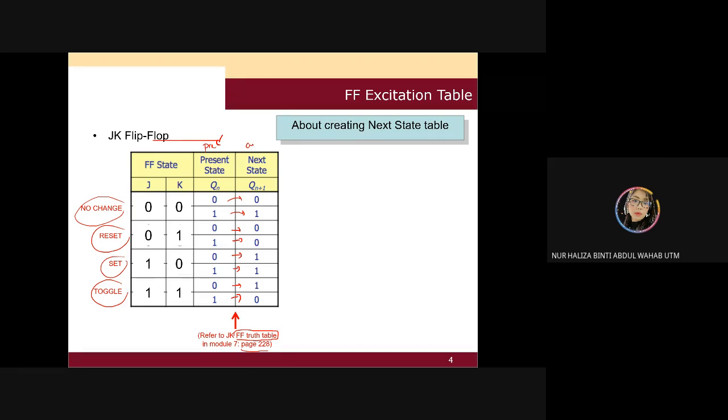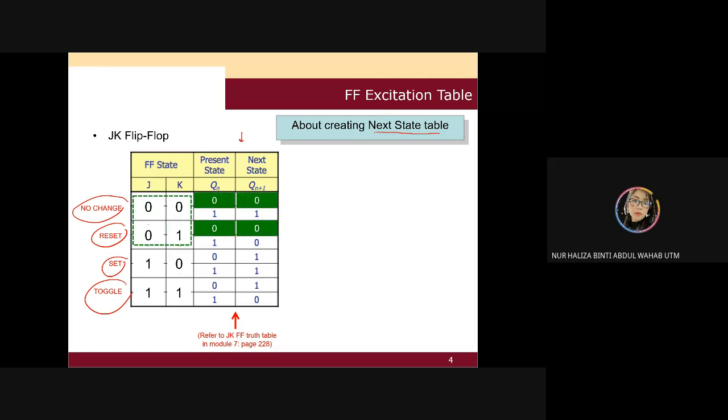But now the present will be your previous, and then your previous will be your present now, and then your current will be your next state table. So referring to your table of your JK, this will be your creation of your next state table. Okay, then you can see here,